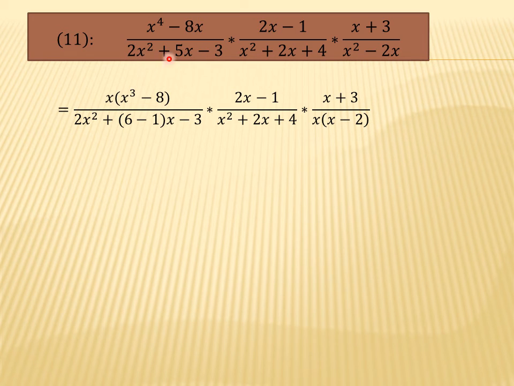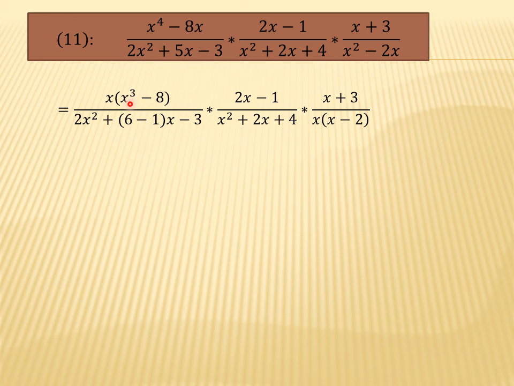Breaking the middle term of 2x square plus 5x minus 3, instead of 5 I have written 6 minus 1, which is 5, and 6 into 1 is 6, and 2 into 3 is also 6. 2x minus 1, we can't operate on it because it is in the simplest form. x square plus 2x plus 4, we cannot write anything because middle term break here is not possible, because we cannot find two digits that multiply to 4 and after addition and subtraction give 2. Again x plus 3 is in the simplest form. x square minus 2x, we will take x as the common digit, so x minus 2 will remain inside the bracket.